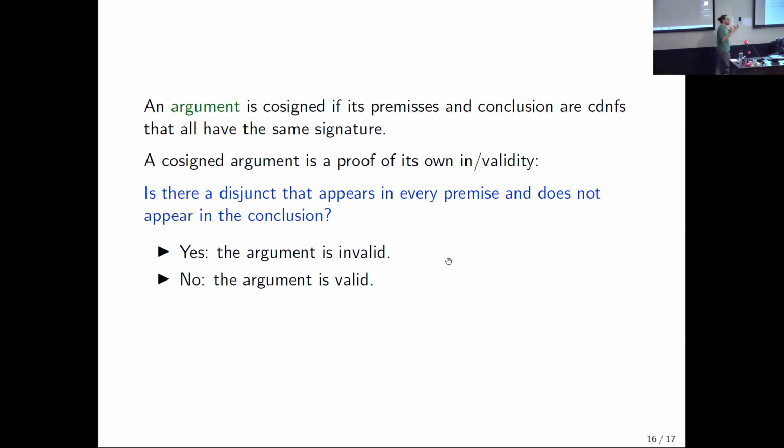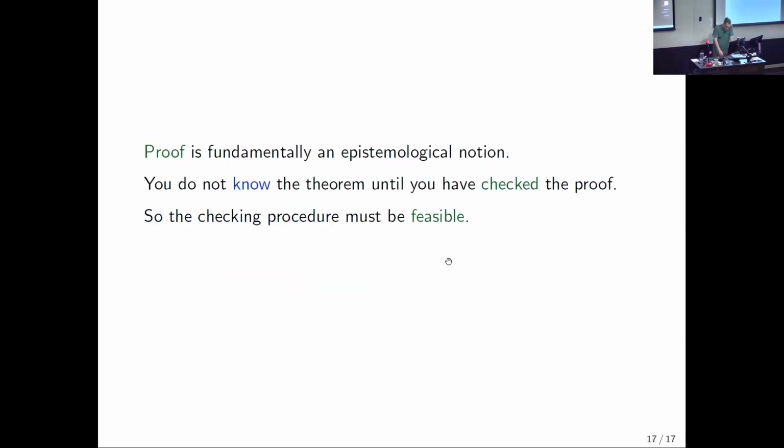So if your motivation was, well, we just don't like the idea of a formula being its own proof, then adding this feasibility condition doesn't help. So that's not a motivation for doing this. Okay, so the final reason I want to consider